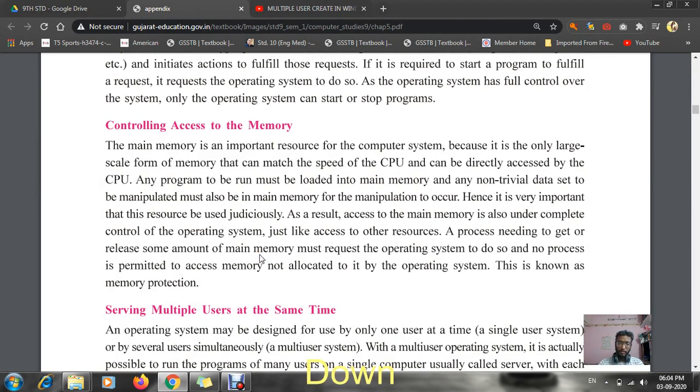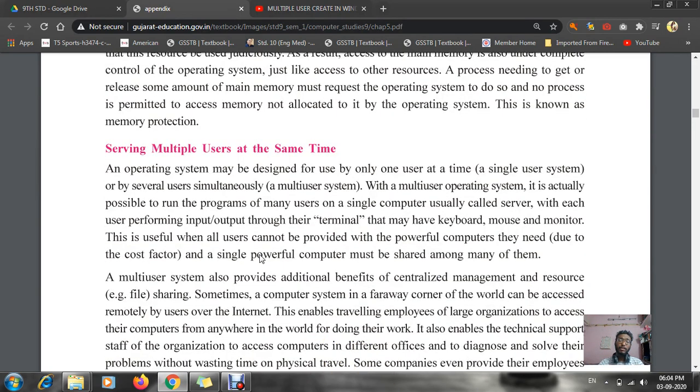Now the next point, the sixth point, is serving multiple users at the same time. What do we mean by that? In a home, either the father or the mother maintains and manages the home.